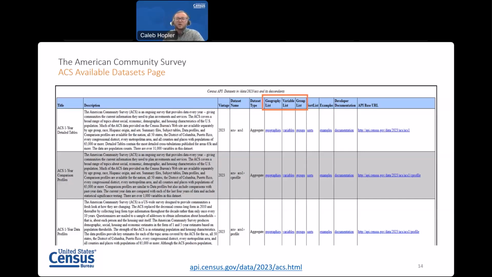The next 3 columns are geography list, variable list, and group list. Geography list gives you the geography summary levels or geographic hierarchy, along with their geography level codes. This is a great way to see what geography levels in general are available for that data product type. Variable list is a list of all the variables possible for all of the tables or profiles found within that data product. Now, this page, when you click on it, can get quite long and therefore may take a while to load sometimes. But it is a great way to quickly find that variable that is right for you.